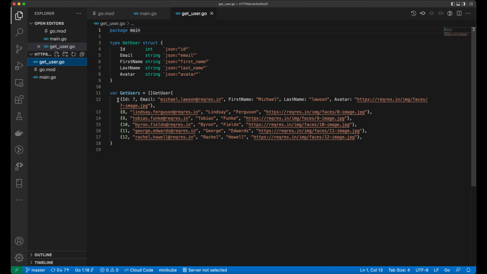The first object I create, for example, with the name of each property. But we can also create each object without typing the name of each property. A slice in the Go language is like an array in the Swift language. Okay, this is our model and also this is our data. Next, I want to create a new file for working with our GET request and also, in the future, for working with our POST request. For example,